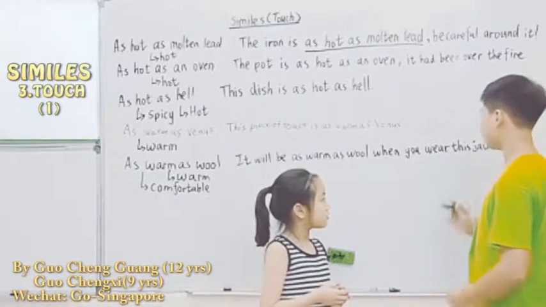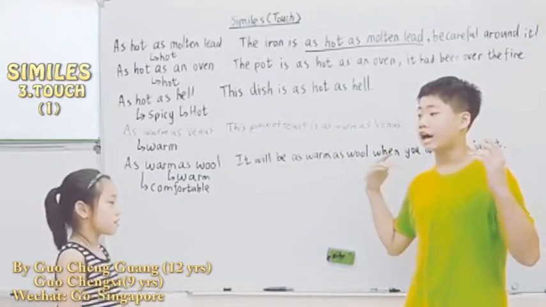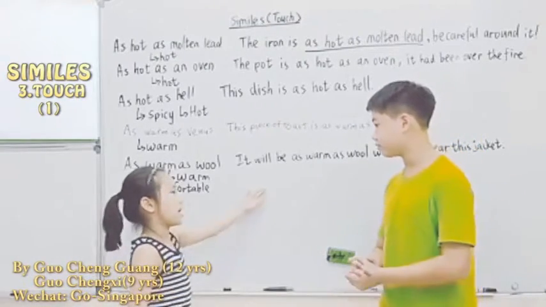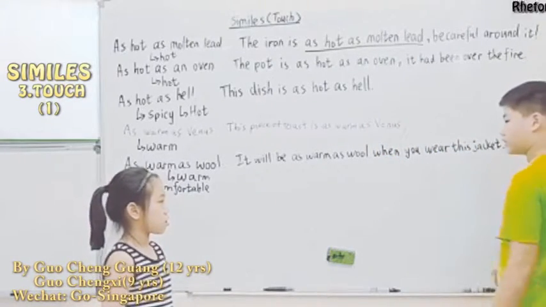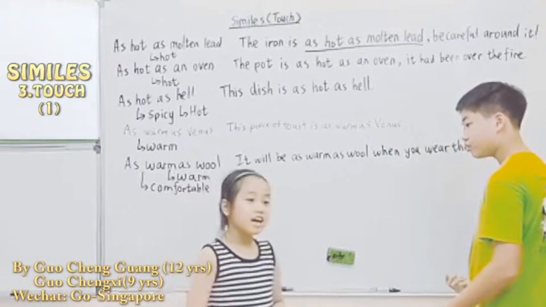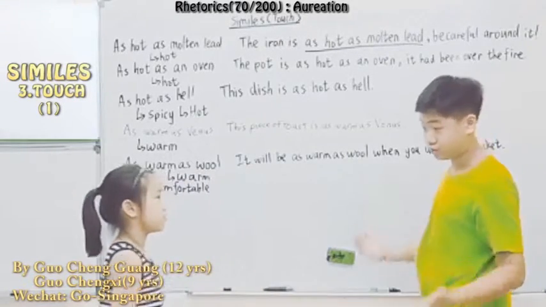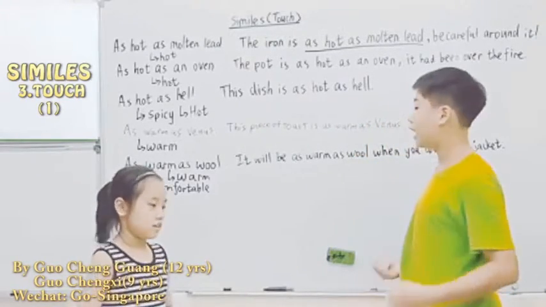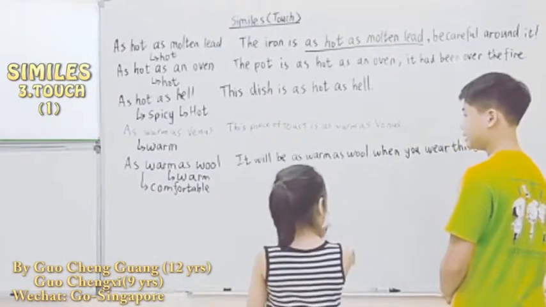Sweater also can. But let me just ask you, at the very beginning we learned about the different types of essays, right? Whether narrative or persuasive. So what kind is this? It would be as warm as wool when you wear this jacket, if I add on a sentence. So, try it out now. That means it'll become persuasive, or argumental. It wants you to buy this jacket. Well, it's more of persuasive, right? Because argumental, they're just arguing. So this is for warm.